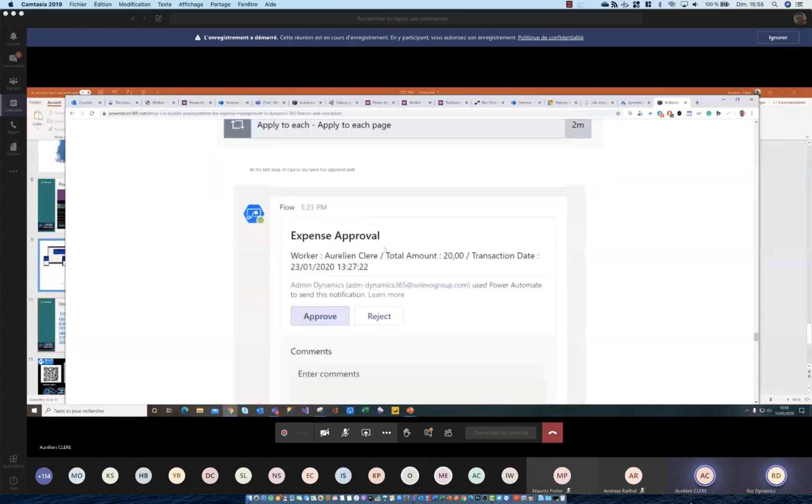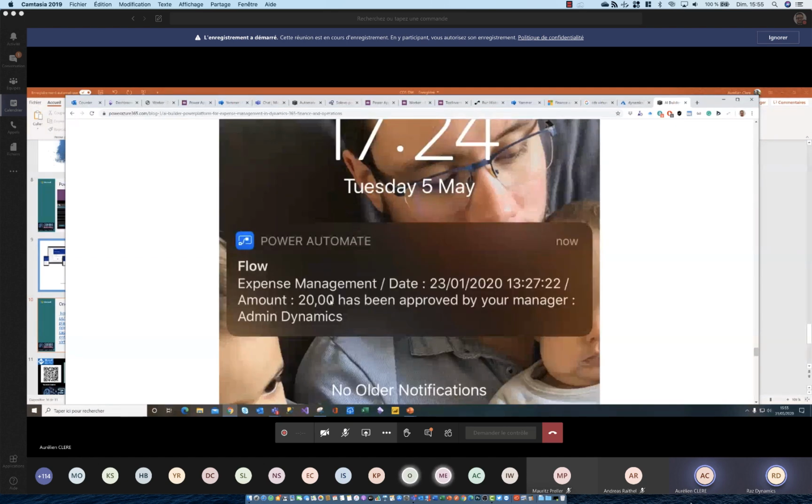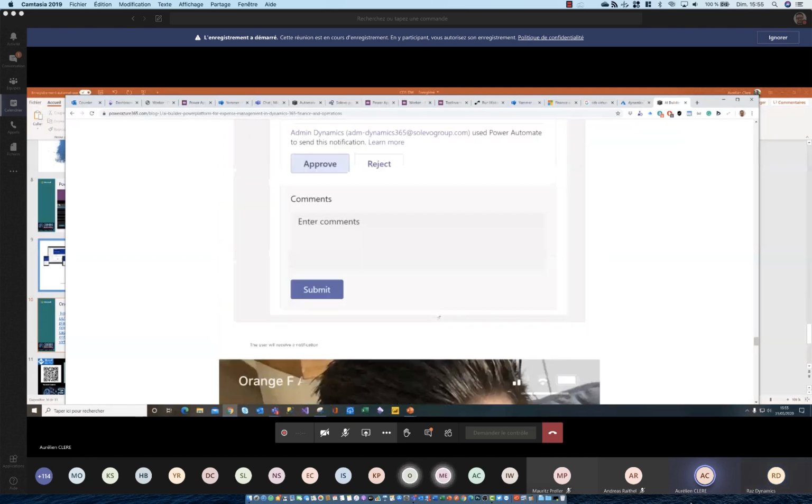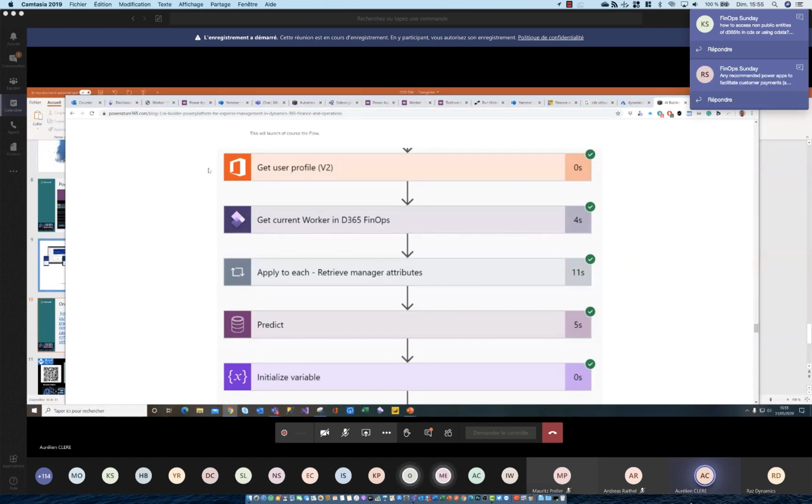The manager will get the expense approval, and after that the user will see it has been approved. And of course, if you don't want to use AI Builder, you can just quickly build a Power Automate flow that you share with your end user with all the necessary fields you want, like the transactional amount, the transactional date, whether it's a restaurant or a hotel.